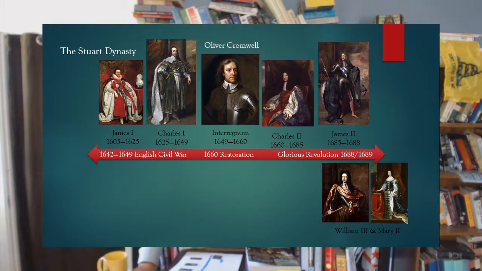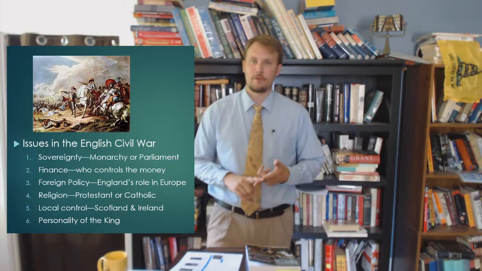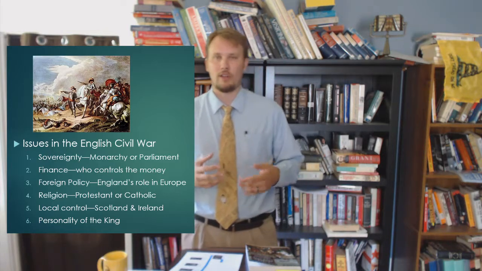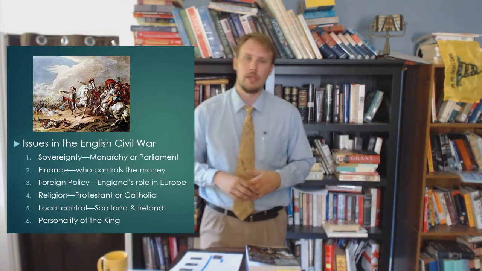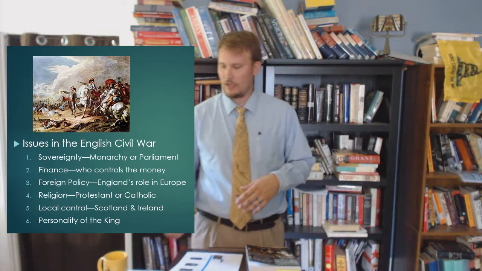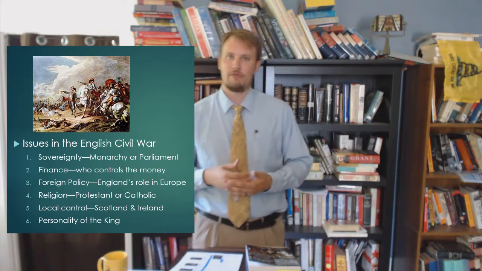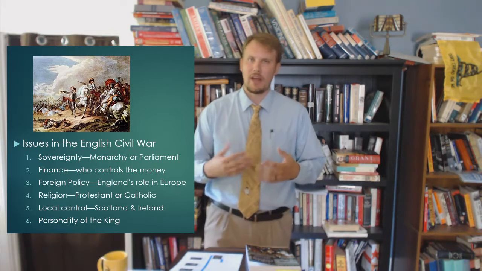Okay, so if you look at slide 2, I've got a timeline up there. We'll go through those events today. There are really five issues in the English Civil War: the issue of sovereignty, finance, foreign policy, religion and local control, and the personality of the king. So as we talk about the events in the Civil War, you might look for how